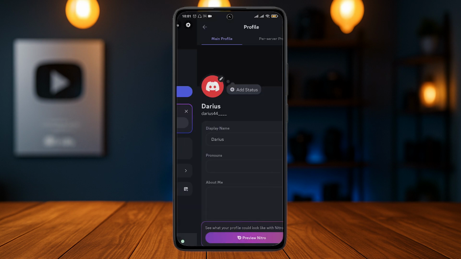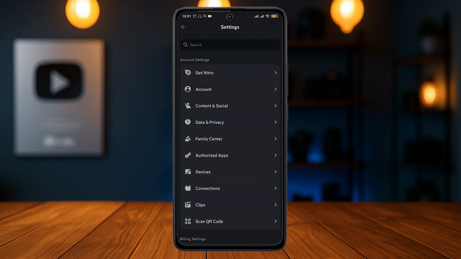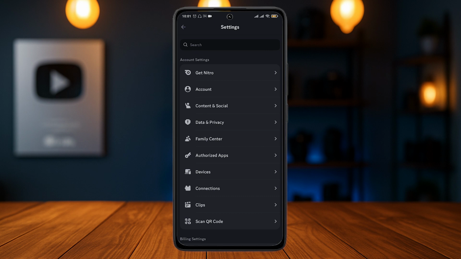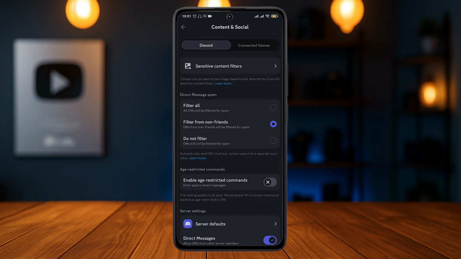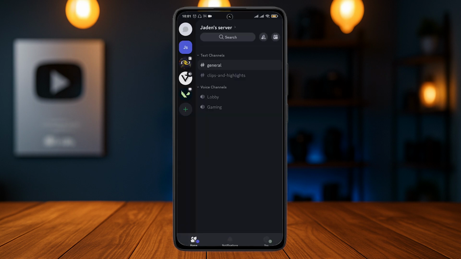Inside of this profile section, you can tap on the settings option on the top right. And these are all of the settings that you can manage inside of your account. You can head over to these options such as accounts or content and social to manage some of the settings that you may like. Now, talking about servers, there are generally two types of servers: the text communication servers and